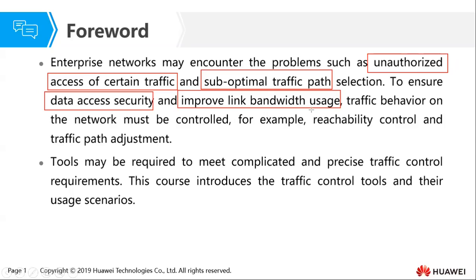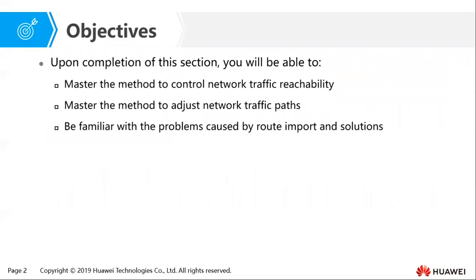For example, especially when we don't want certain people to access certain resources in our network, we can do reachability control. To ensure that some links don't stay idle in our network, we can do traffic path adjustment. So we have tools. Tools may be required to meet complicated and precise traffic control requirements. So this course introduces the traffic control tools and their usage scenarios. By the end of this chapter, you should be able to: